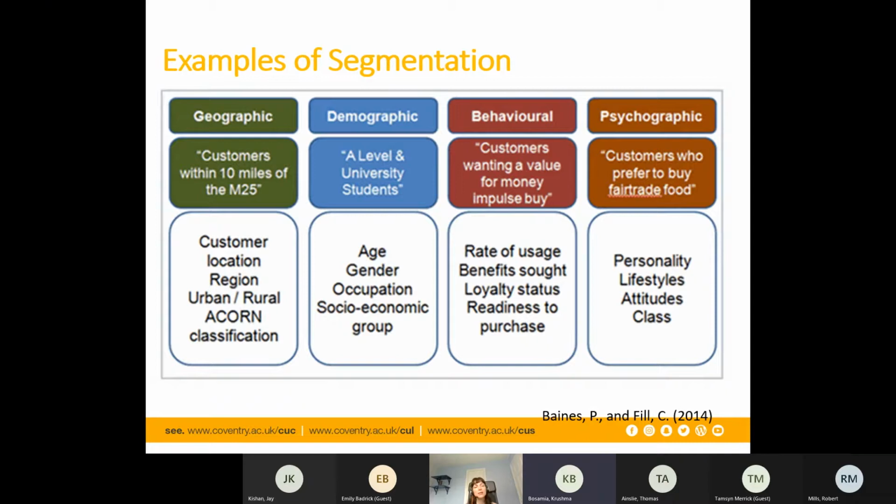So the ACORN classification, there's something also called Mosaic, if you've ever heard of Experian for your credit ratings, and they build these profiles of people, giving them different classifications according to what street they live in, but it gives you a behavioural profile. So the geographic sometimes can mix with the behavioural as well, and that's ACORN or Mosaic. So demographic, right, so we've got our three sub-brands, haven't we, in the casual dining group or Big Table.